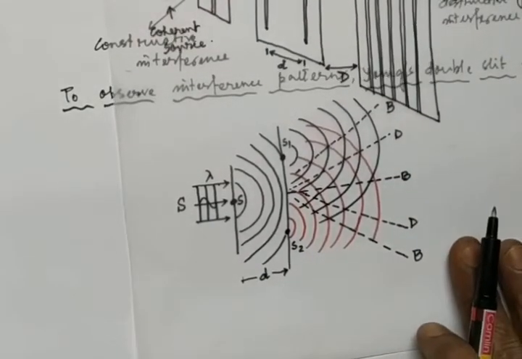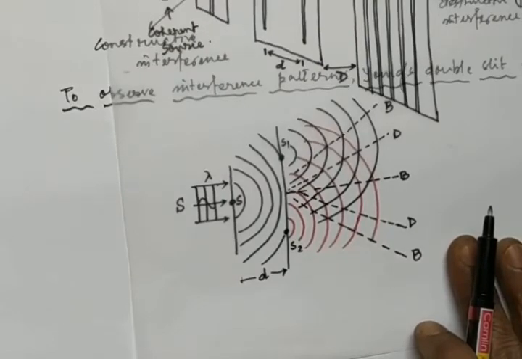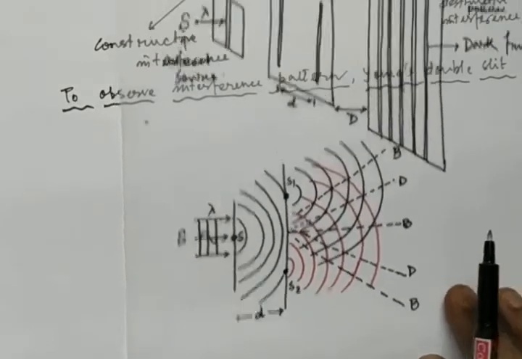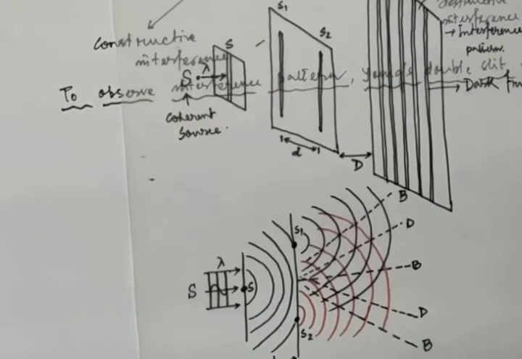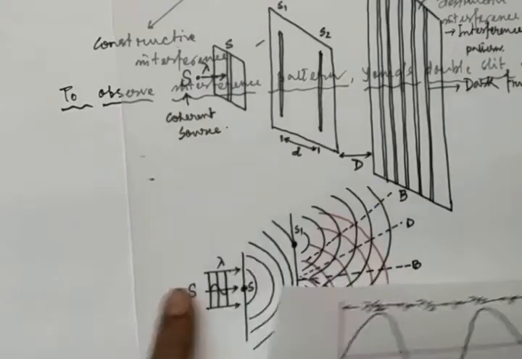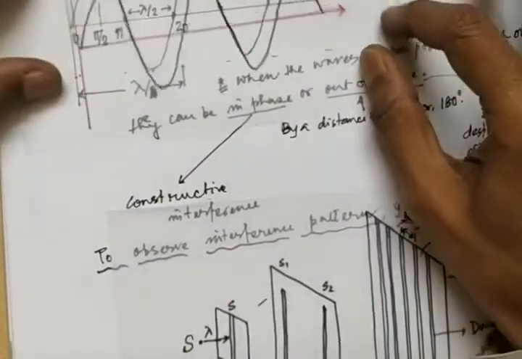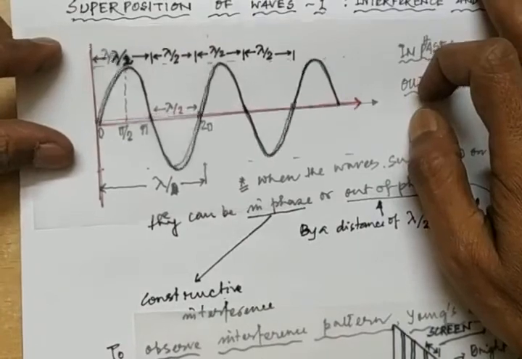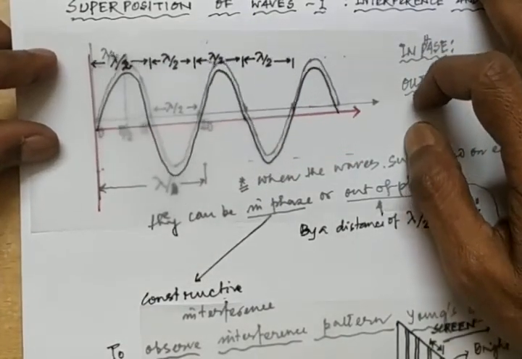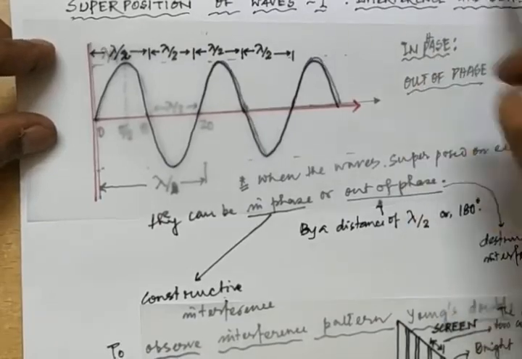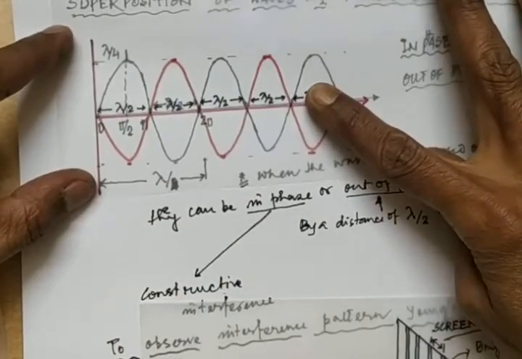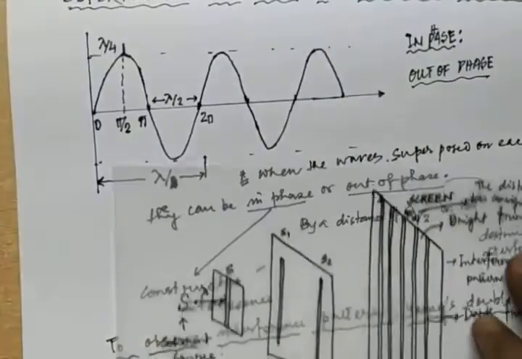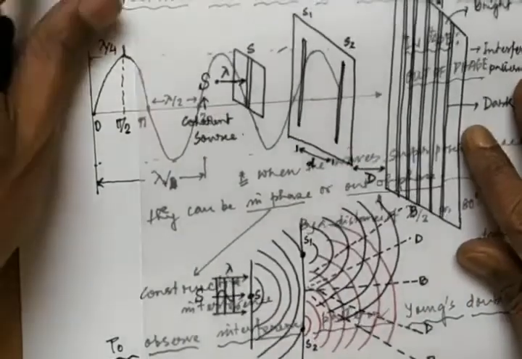So how superposition can happen, we already told you, you people are very smart. Superposition can be of two types. See here, superimposing can be done in two ways, like in phase and out of phase. Let's explain in phase. So these two waves fall on each other in phase. Okay. And these two waves fall on each other out of phase. See, out of phase. Now see here, this is the diagram, the wave diagram.